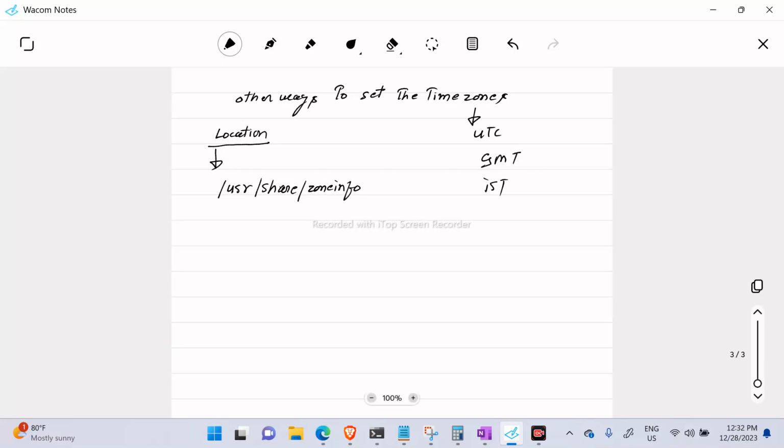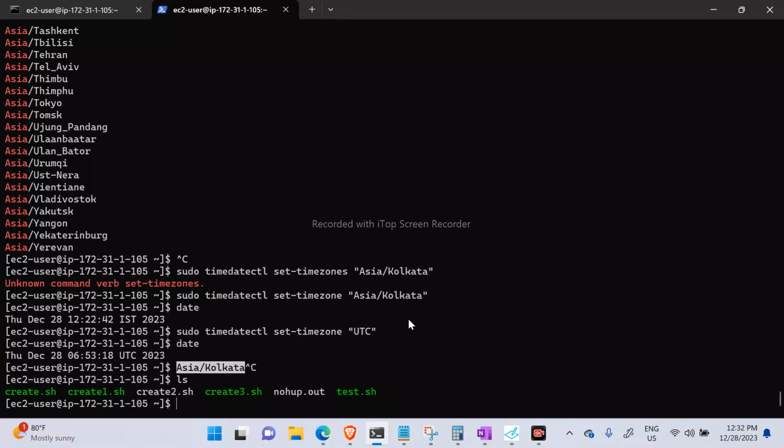At this location, on every Unix Linux machine, the time zones are located. If I do ls -l /usr/share/zoneinfo,